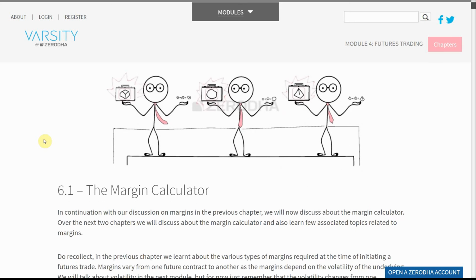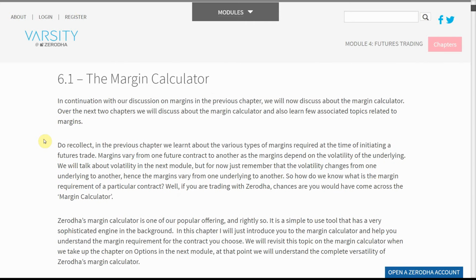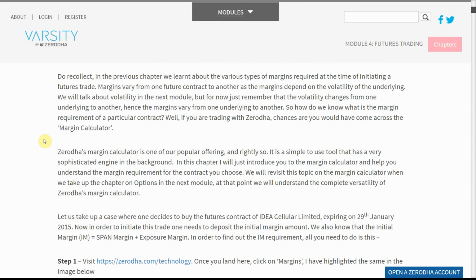In continuation with our discussion on margins in the previous chapter, we will now discuss the margin calculator. Over the next 2 chapters we will discuss the margin calculator and also learn a few associated topics related to margins. Do recollect, in the previous chapter we learned about the various types of margins required at the time of